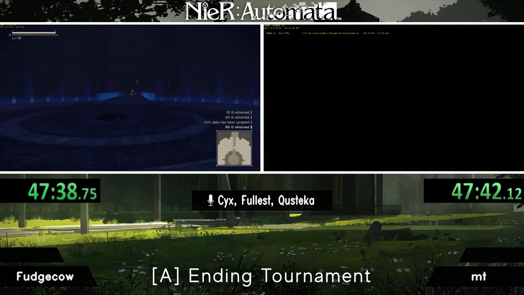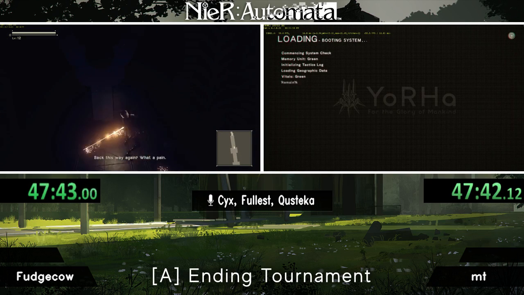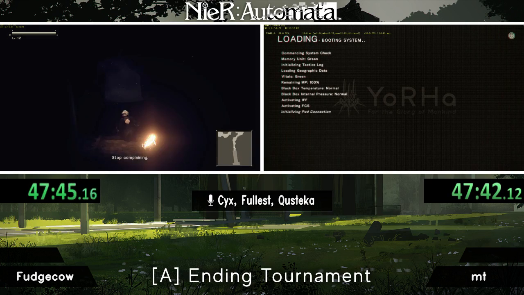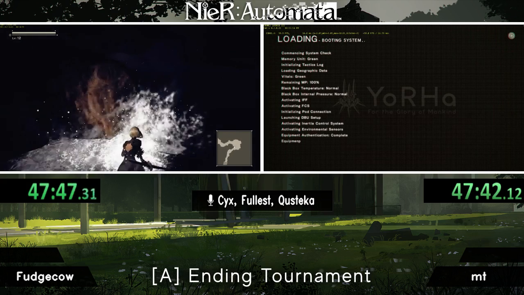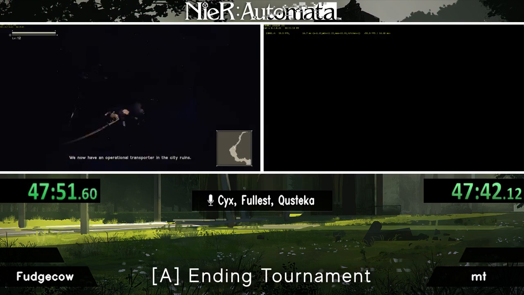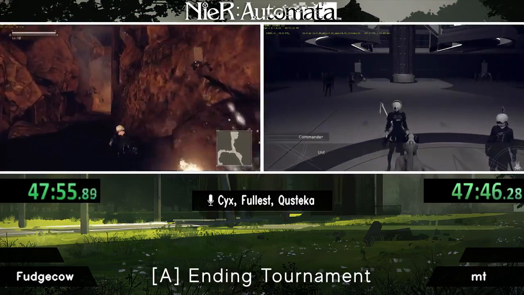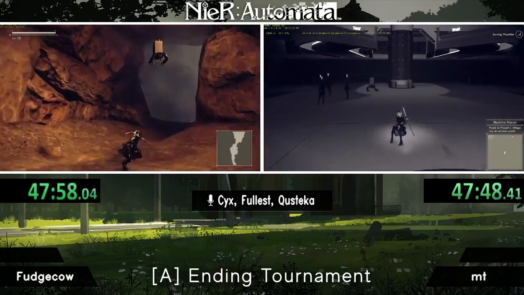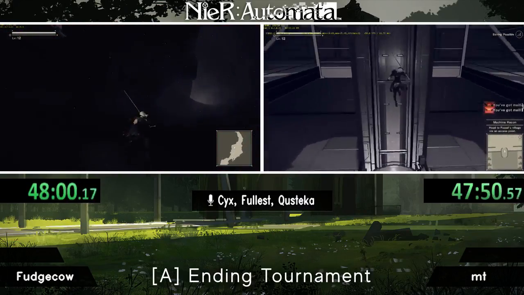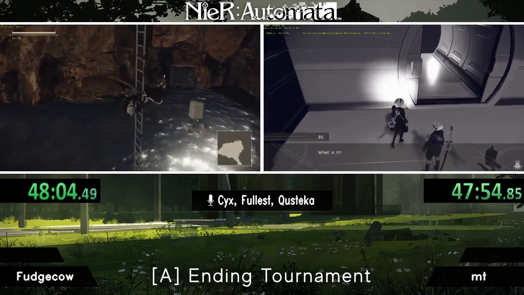The runners are still pretty close. I think they're probably within 20 seconds of each other or so. We'll see. MT just did the transport at 47:42. We'll see what time Fudgecow has when he does the transportation. Yeah, I think you're right. It would be about 20 seconds ahead, maybe 25. Yeah, Fudge got stuck a little bit on some rocks on the way out, so that lost them a little